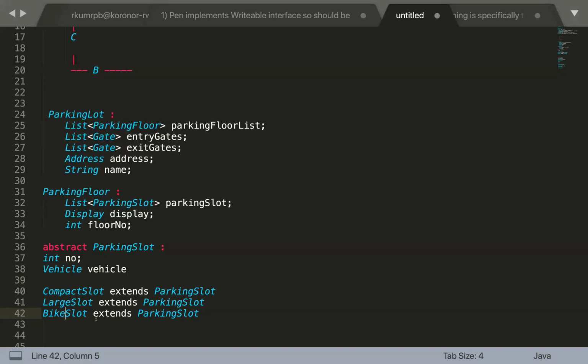So that's what we have done: we abstracted out a few pieces of information in the parking slot, and all the different types of slots are extending from that parking slot. Okay? So it's not unnecessarily making the design complex, rather it is giving us some flexibility of designing multiple other stuff. Okay? Because we are not losing anything, right? The information we could achieve with a single class, the same information we can achieve with this as well. We have just broken down the responsibilities into multiple classes, and whatever the common logic is can go with the parking slot. Okay?